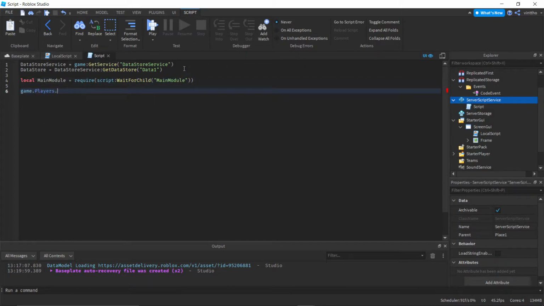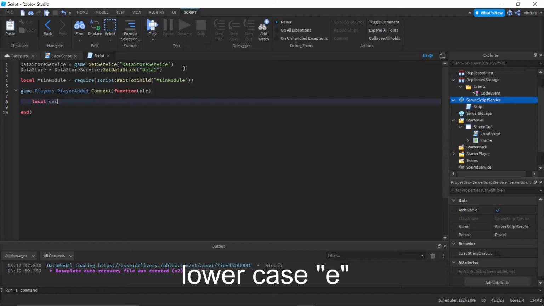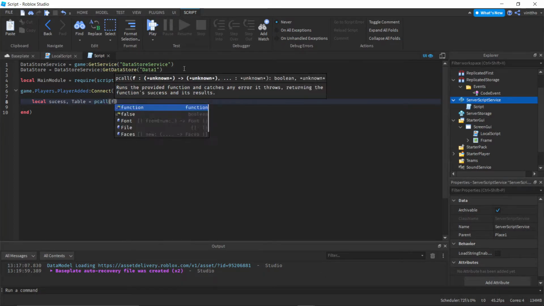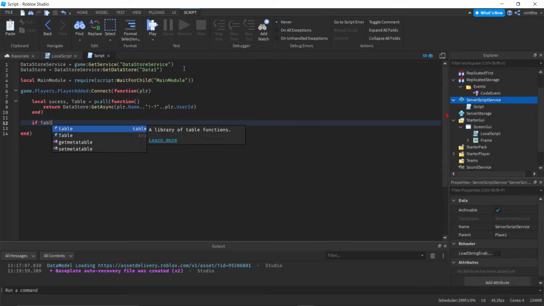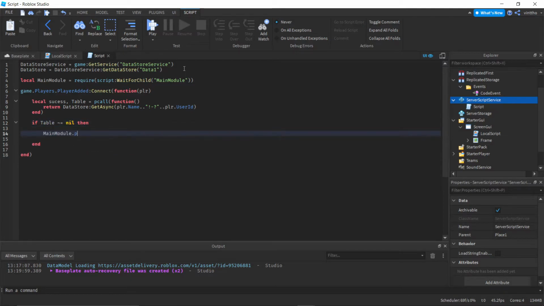Game.Players.PlayerAdded:Connect function plr. Local success, table equals pcall function. So return dataStore:GetAsync plr.Name .. exclamation point question mark .. plr.UserId. If table is nil, then mainModule the player added